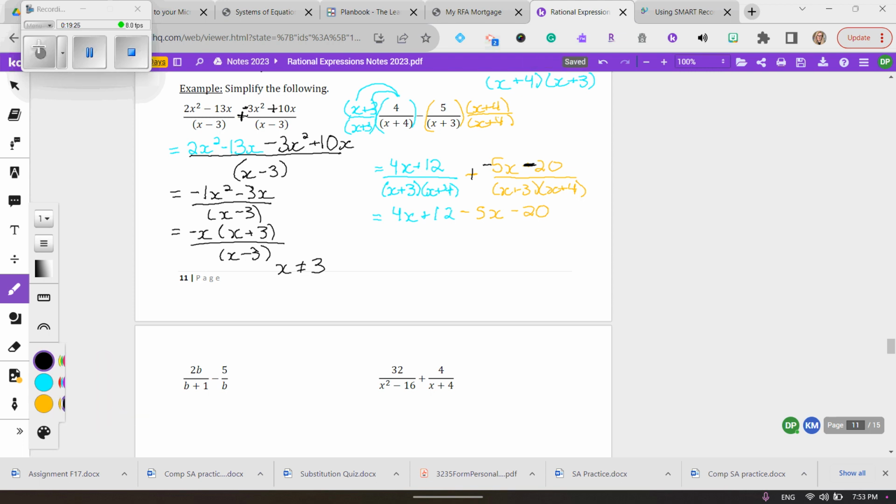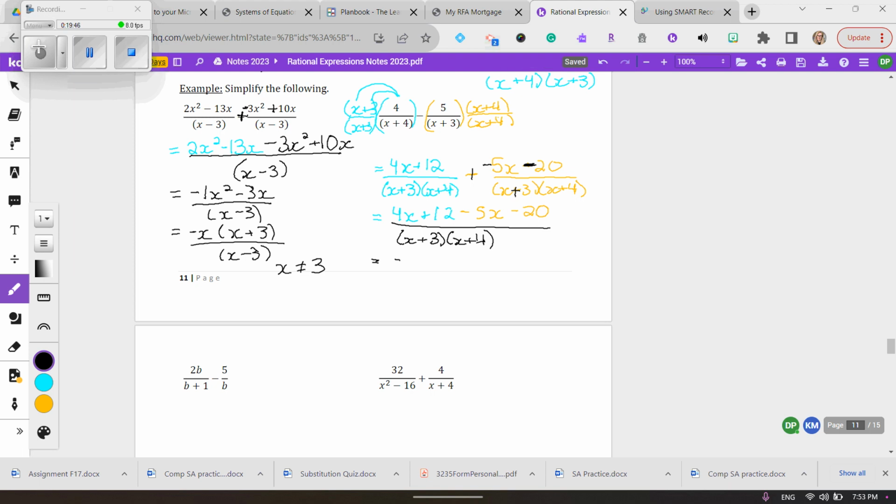Okay, all over top of my same common denominator, x plus 3 over top of x plus 4. My last step will just be to collect the like terms and see if I can factor them. So